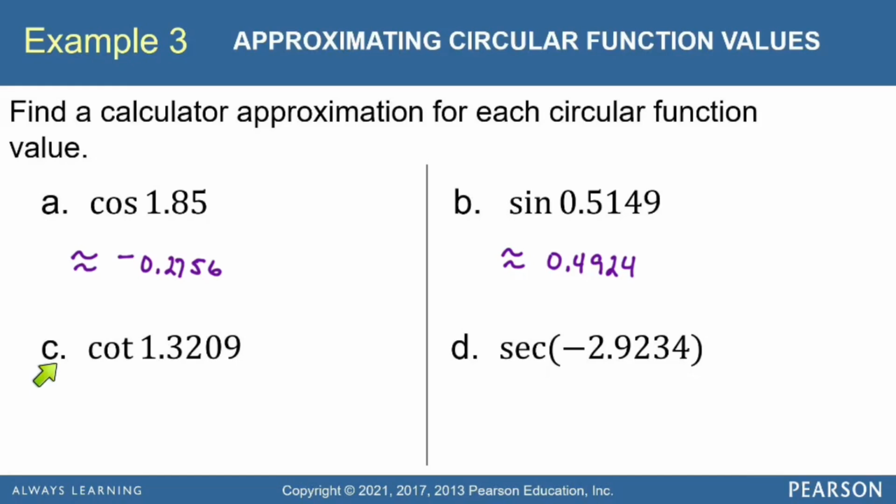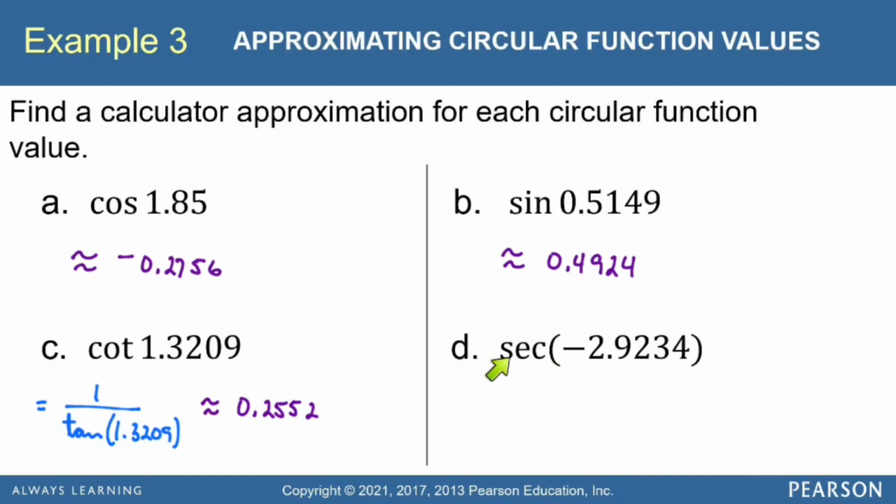Okay, for part C, we're asked to find the cotangent of 1.3209. Now you don't have a cotangent button, but you know that this is just 1 over the tangent of 1.3209, so you can enter it on your calculator exactly like that, and you should get approximately 0.2552. And then for part D, we're asked to find the secant of